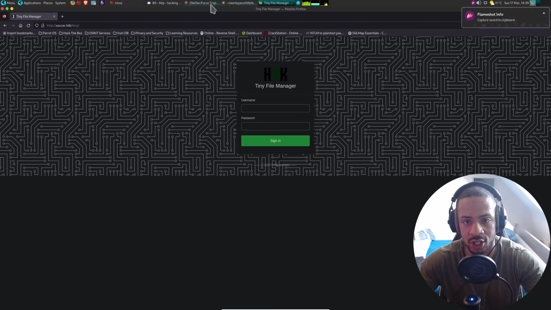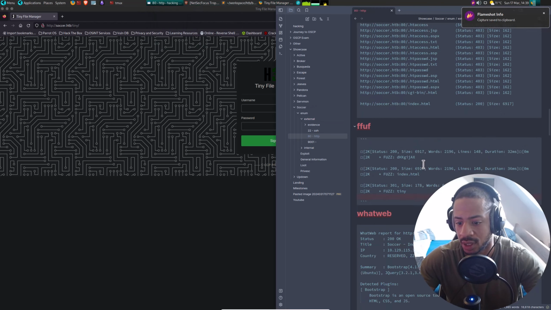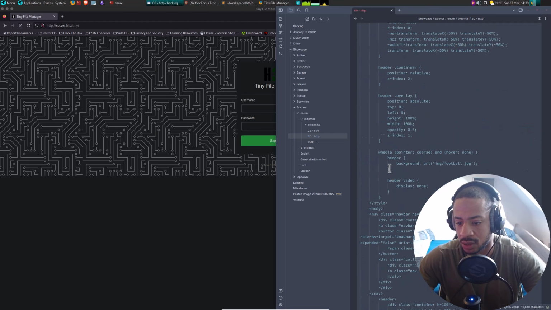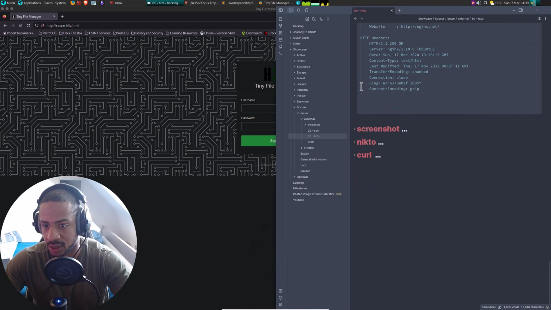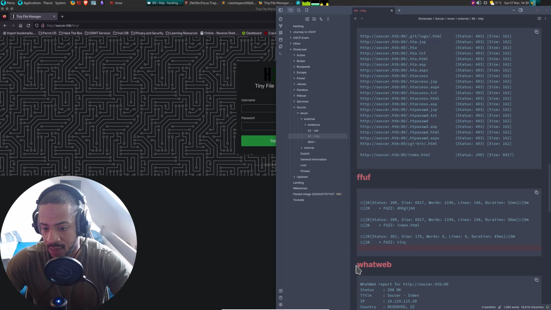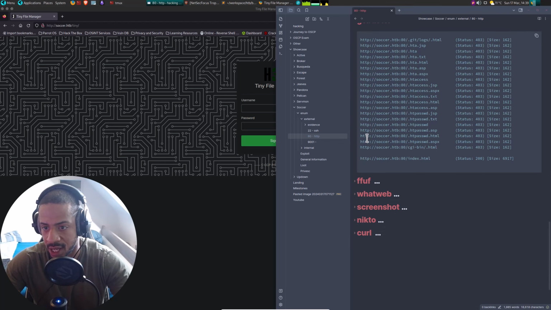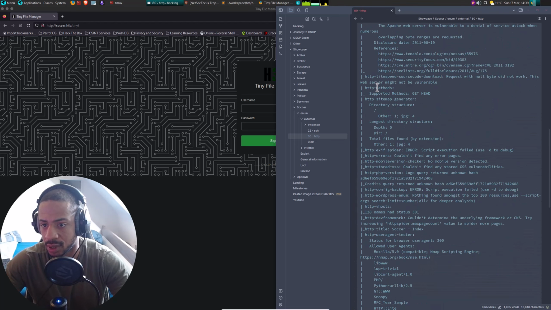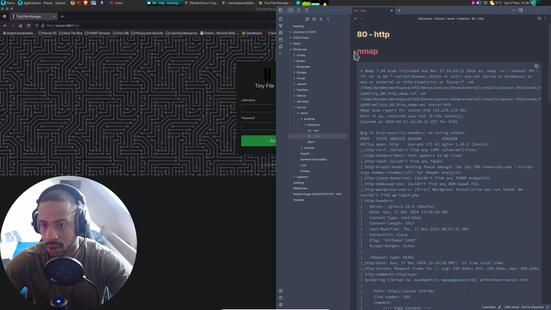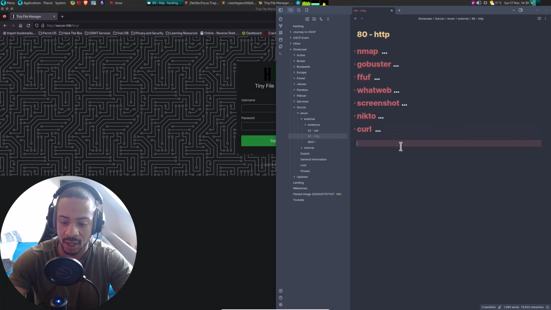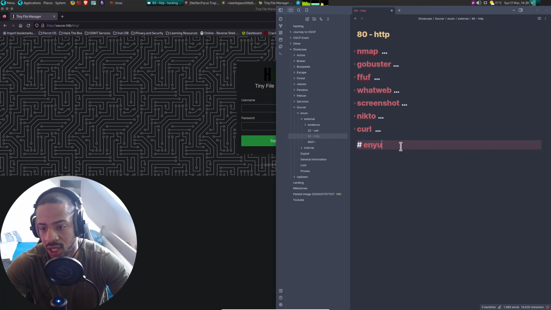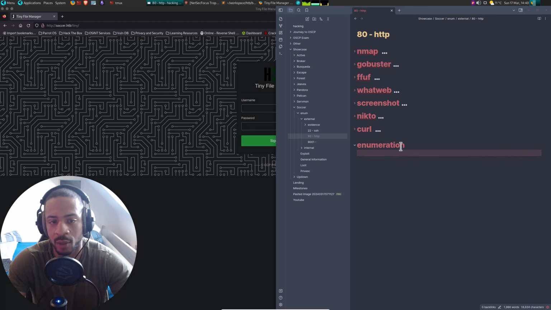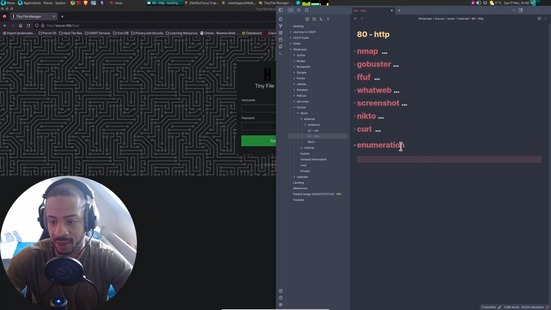Tiny File Manager. So let's collapse all of this. Collapse, collapse, collapse. Like this. And then we open a new one and we just call it enumeration, or fingerprinting, whatever you want to call it. It's all the same anyway.